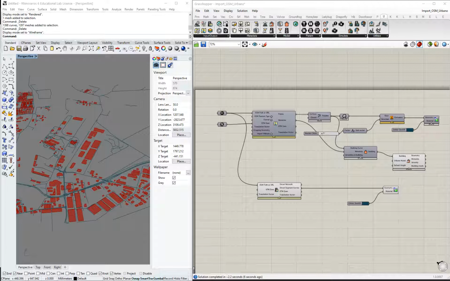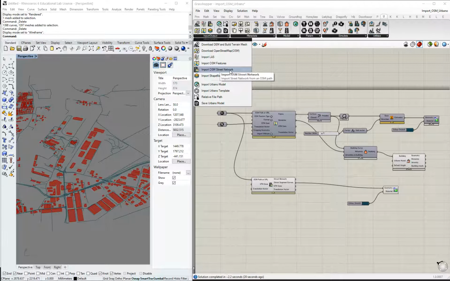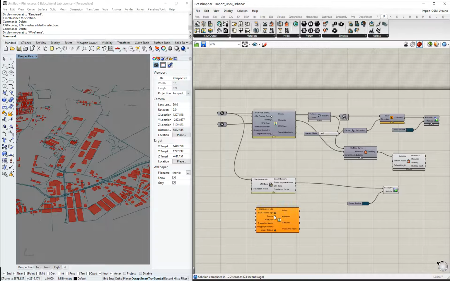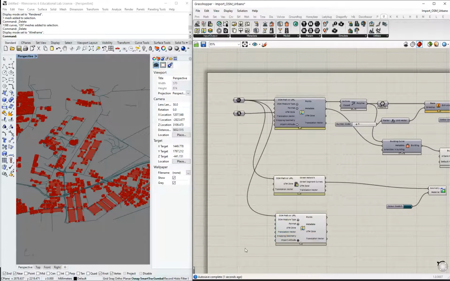Okay, so we already built a very simple model, and then we can add more complexity, adding other street network models. I want to show you what happens if we add the feature, which is a street. We use the same path, and we select here, instead of building a street,